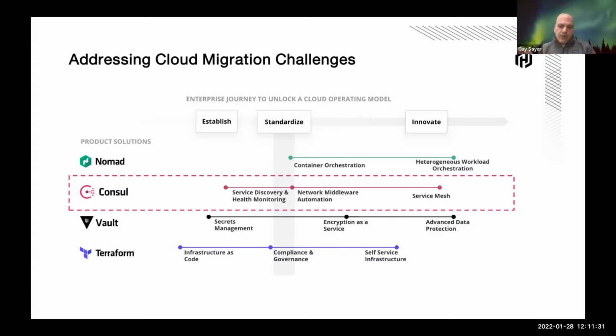Consul, very briefly, the core of Consul is basically a distributed key value store. If you're familiar with Zookeeper, think of a modern implementation of key value, similar to Zookeeper. And then you can implement utilities on top of it, like leader election or semaphore or distributed lock and so on.